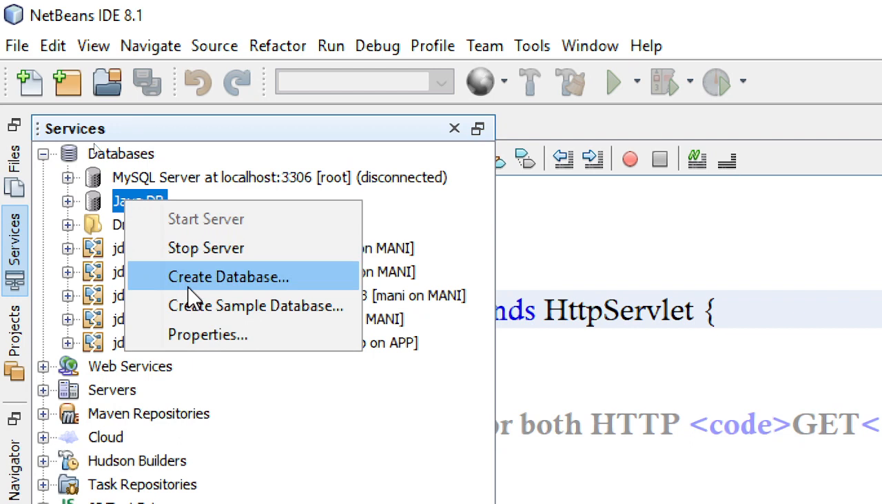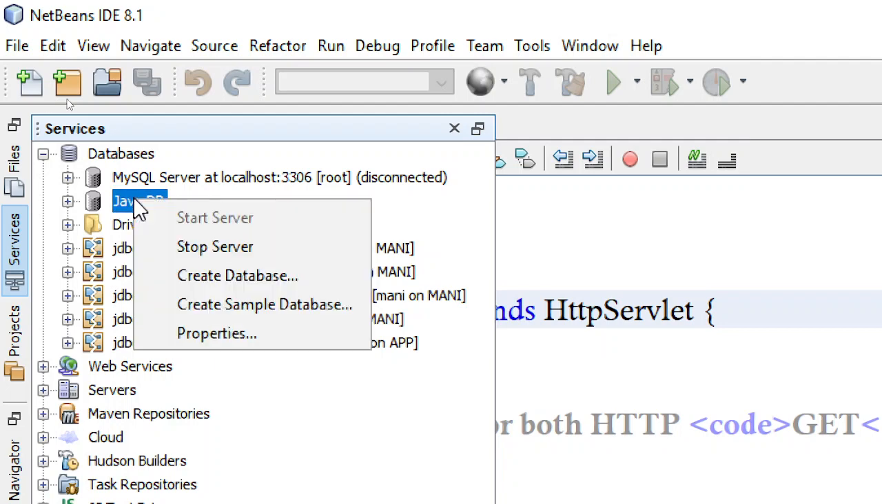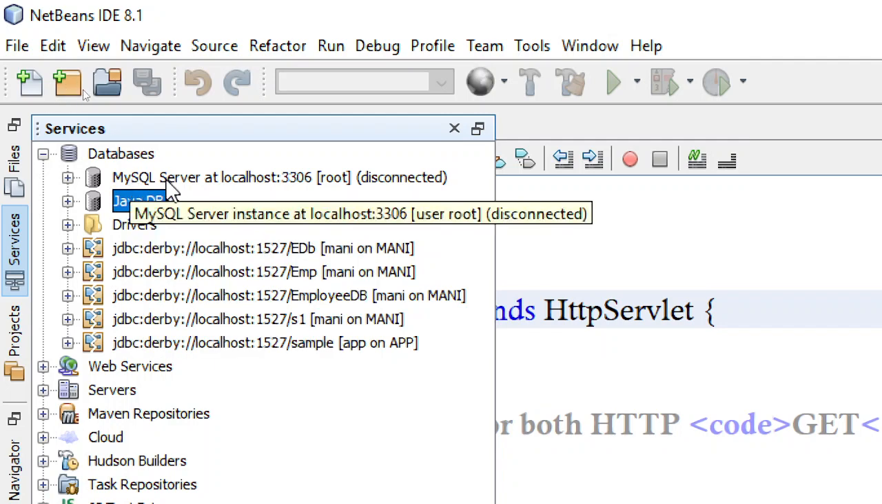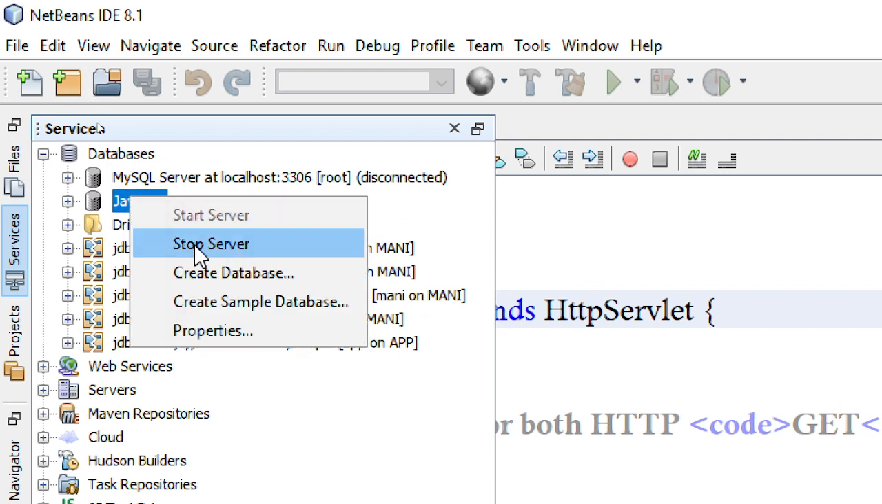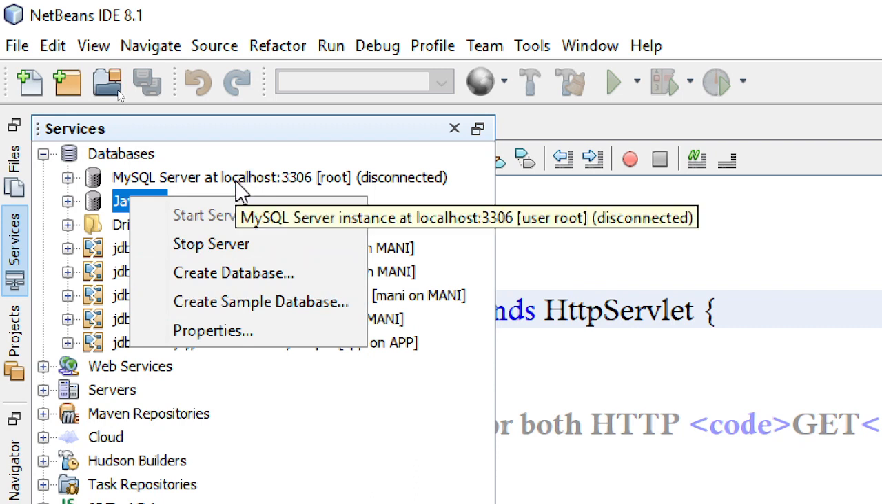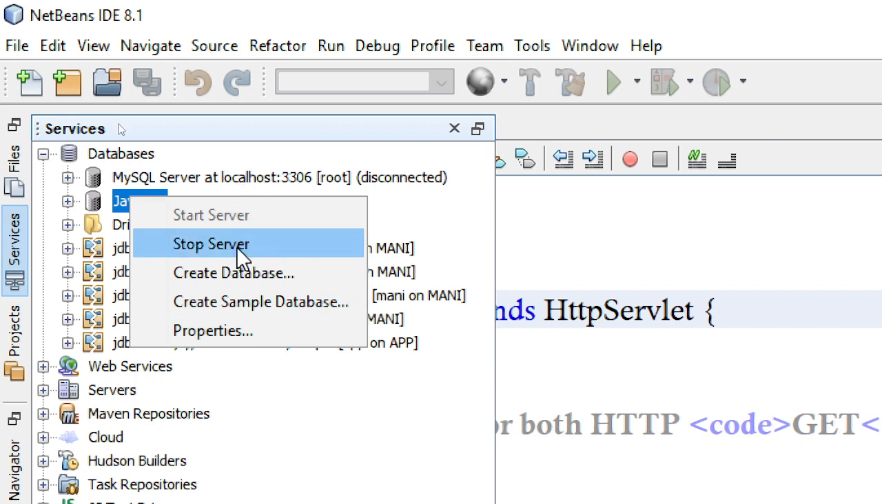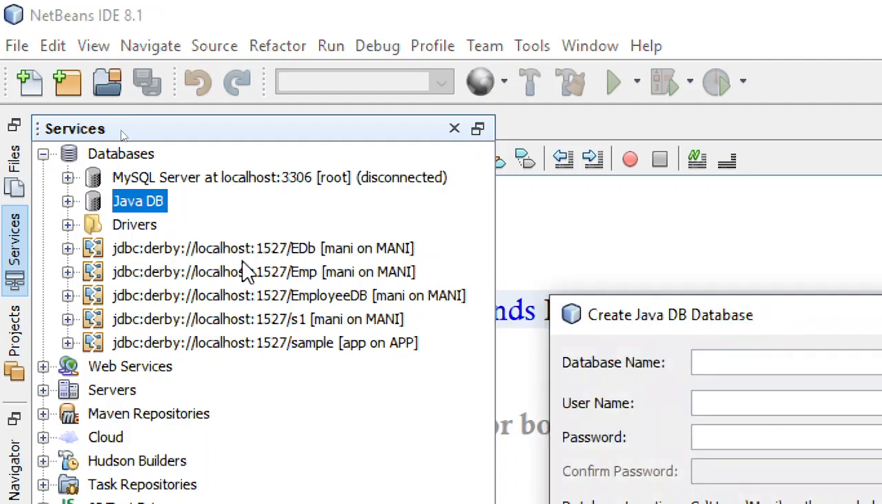I want to create a database. So I'm going to create a database by right clicking on this JavaDB. If you have a connection to the MySQL server, use the same thing. The procedure is one and the same. Right click and start the server. In this case, start this MySQL. I'm going to start the JavaDB, that is the Derby database, and I'm going to just click on create database,